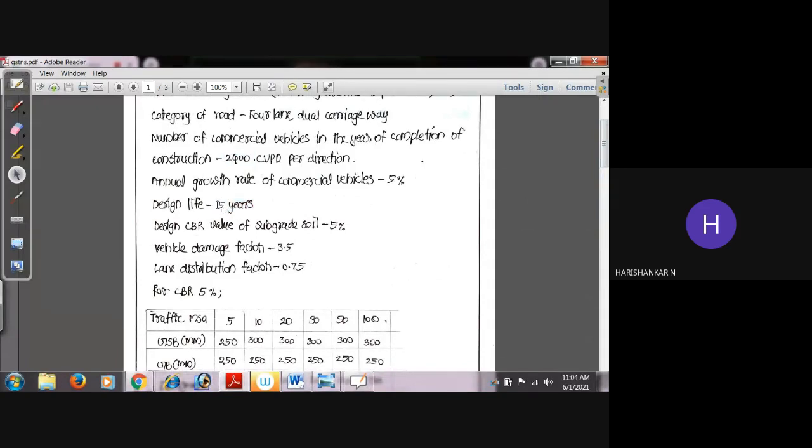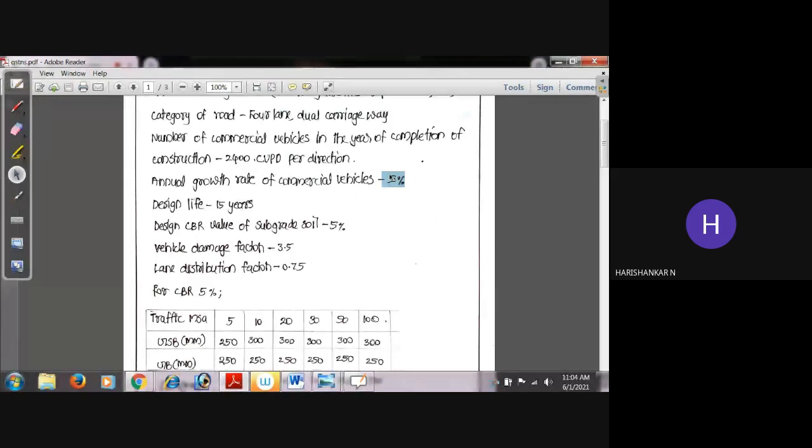So we are designing the pavement for a traffic volume which will be there at the 15th year. At the 15th year there will be a huge amount of traffic volume because the traffic growth is increasing at 5 percent. Every year 5% of traffic is added to the existing traffic. So every year it gets added up, and in the 15th year there will be a huge amount of traffic, and we are finding out that amount of traffic in the equation. For the corresponding traffic, we are finding out the CSA value.